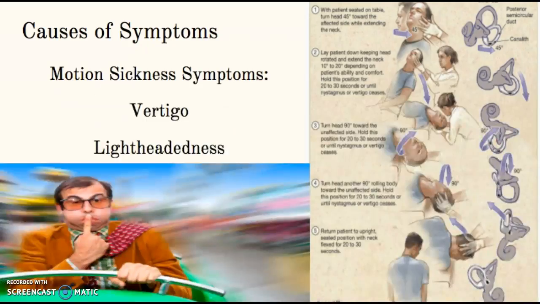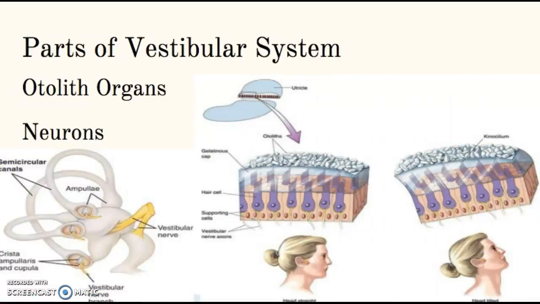The organs that are most important when the body's trying to orient itself are the otolith organs, and then of course the neurons that are sending the signals. The otolith organs are responsible for detecting orientation of gravity and tilt. Like I said, the semicircular canals also assist with head rotation, and then the hair cells, which are the purple part over here on the right, detect changes in body orientation, and you can see that they're directly connected to the vestibular nerves down below. The neurons then send signals to the brain, and those coordinate with one another, and when those are conflicting, you get motion sickness.